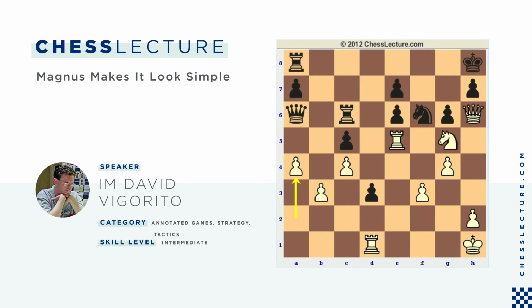There's just not really anything for him to do. White's pieces are all completely dominant. The king side is all tied up. He can't protect the d-pawn in the long run. White can always just kind of come back and take it. He can't play rook d8 even, because of knight f7 check. So white's just going to take on d3, and then he can either double on the e-file and take on e6,